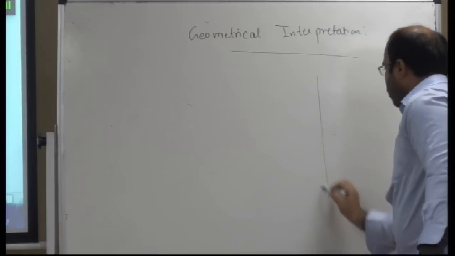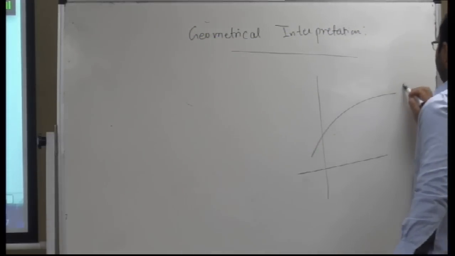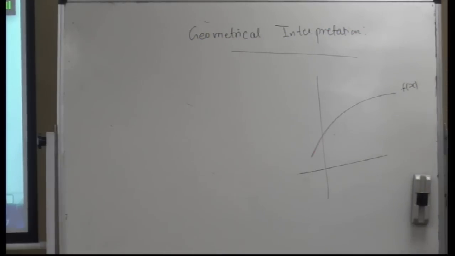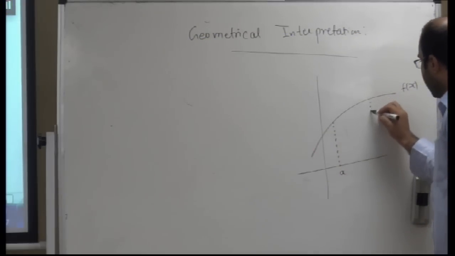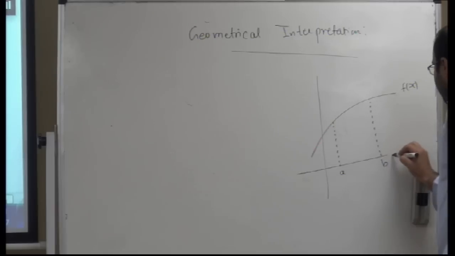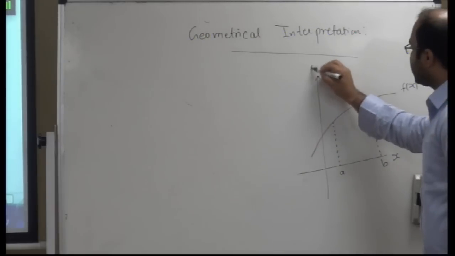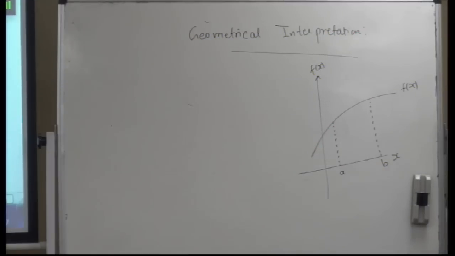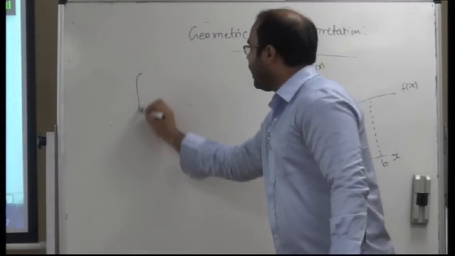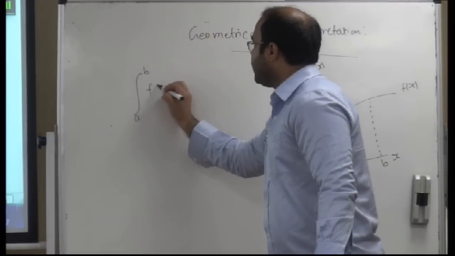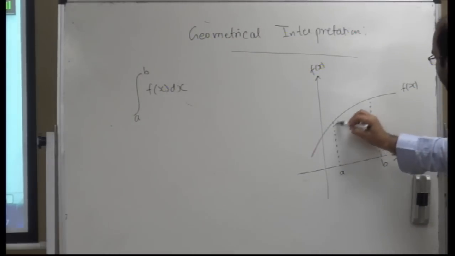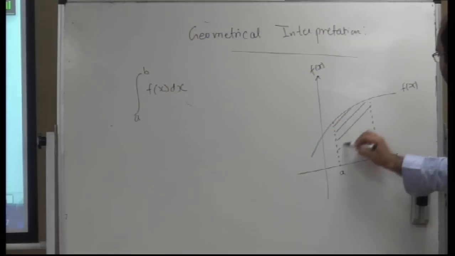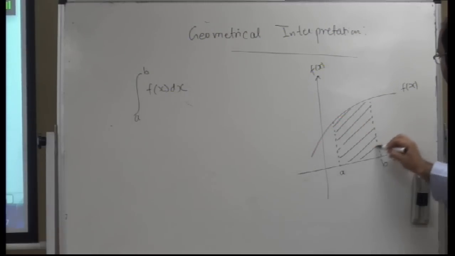If we take a function f(x) and take the limit from a to b, this is x, this is f(x), and we say the integral from a to b of f(x) dx, what does it mean? It means the area which this function is making from a to b with the x-axis,